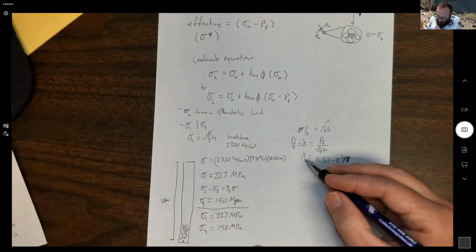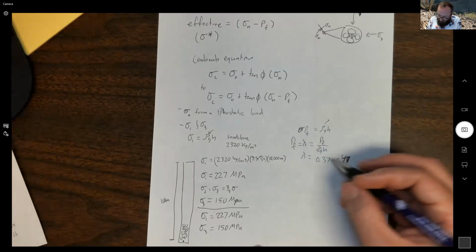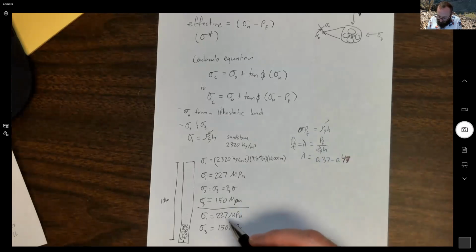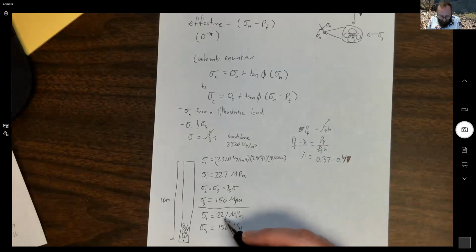And so that means I'm going to say pore fluid pressure is then 0.37 of